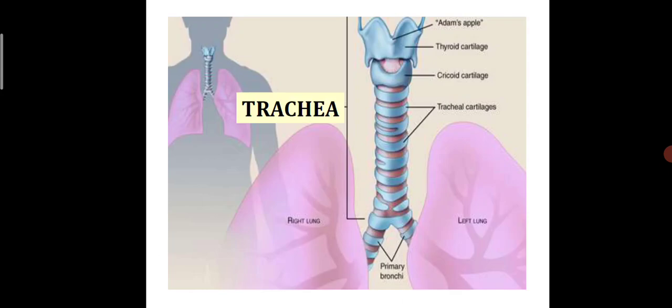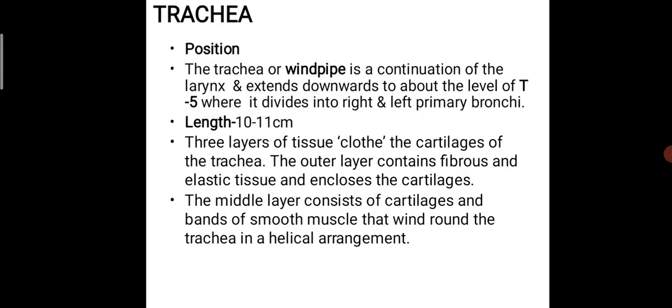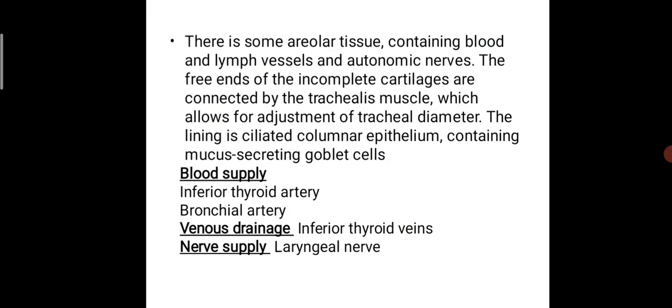Then the next organ is the trachea. Trachea is a 12 to 14 centimeter hollow tube. As it is tube-like, it is also called the windpipe. This trachea contains cilia inside it. This cilia cause the entry of air, and air passes through the cilia. It also contains cartilage, blood supply and nervous supply.